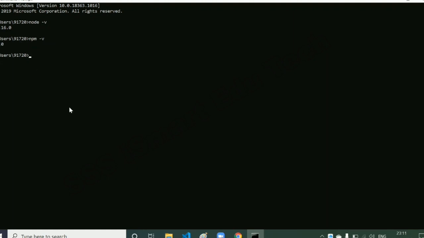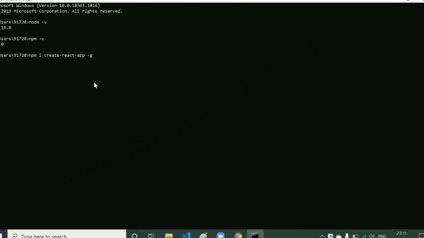Now if you want to install React.js, you have to use the command npm install create-react-app -g. Create React App is a library to create your React application. So we have to use this command to install React.js.